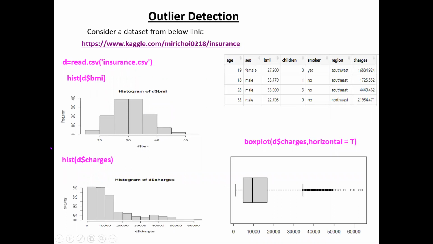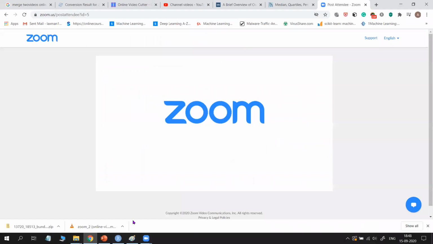So this box plot is enough for us to identify the outliers in the data set. Similarly, as with charges, we can use BMI and you can also use age. You can find outliers in each column separately by drawing a box plot. Now we will try to see in RStudio how to do this, and later we come back and see how to handle it.